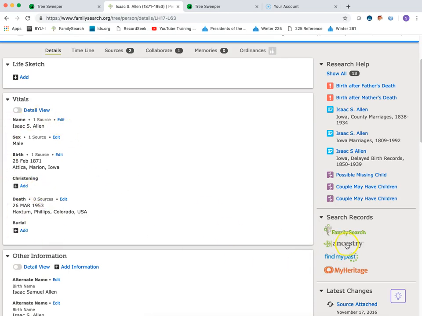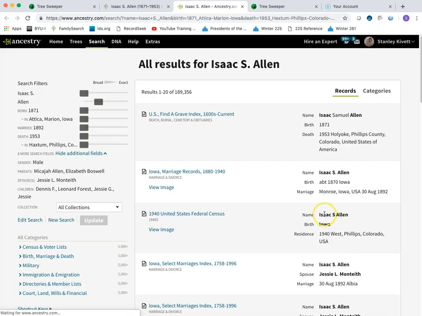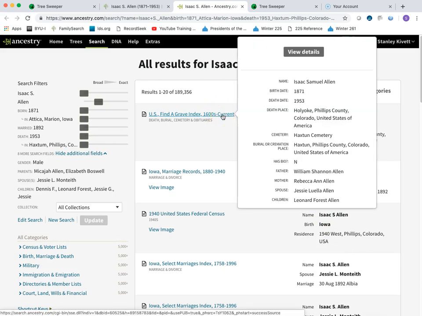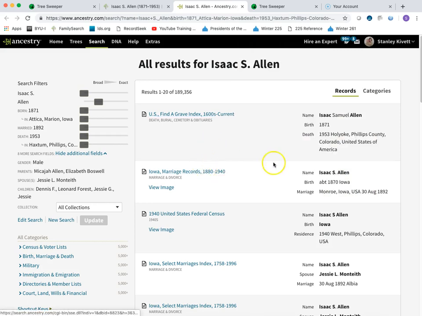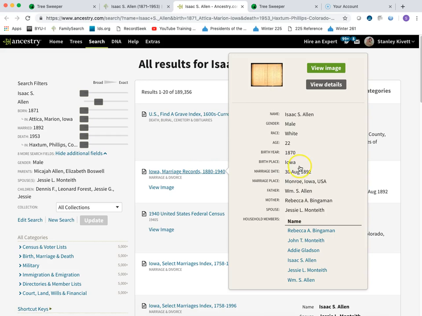I have about him and then conducts a search. I see that the first two finds for me, the first two sources, one is a Find a Grave source that has the right birth and death date for him, and it has a different parent, William Shannon Allen and Rebecca Ann Allen, mentioned. And then if I go to the second source here, I have Isaac, and he has a birth year of 1870, which is close enough, but birth